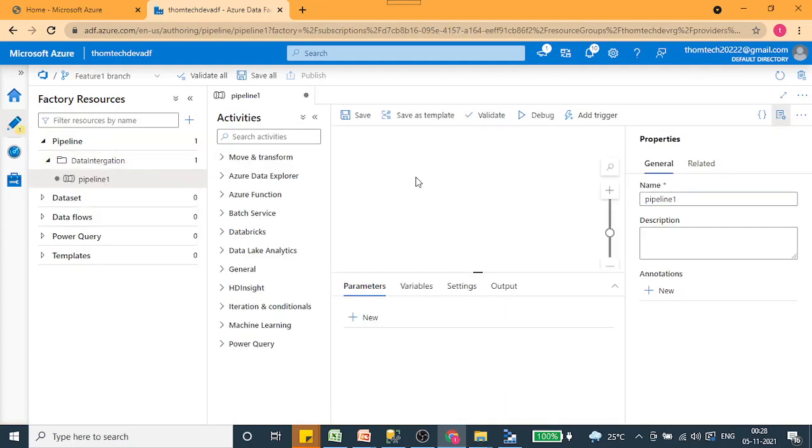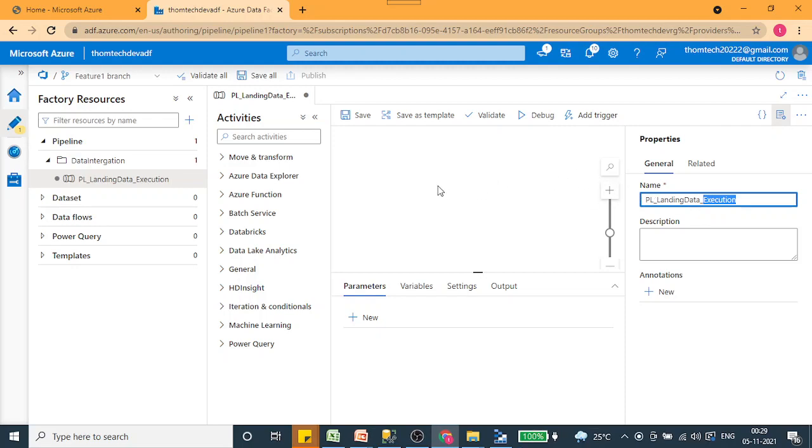I will put the name as PL landing data, and an underscore execution if you want. This is a suffix you can use just to tell that this is a child pipeline or something like that.